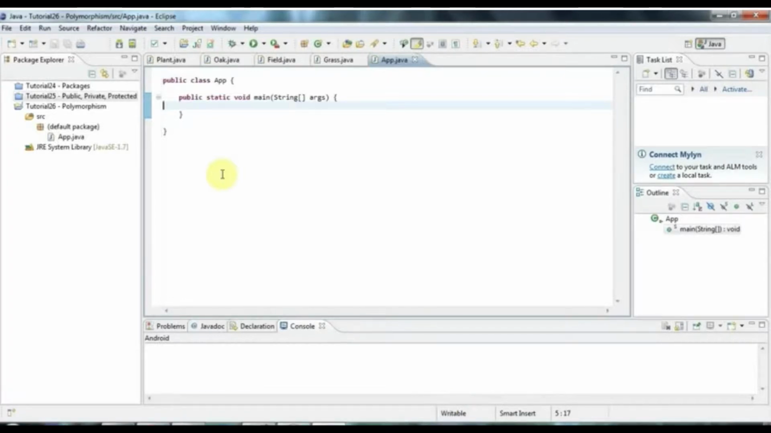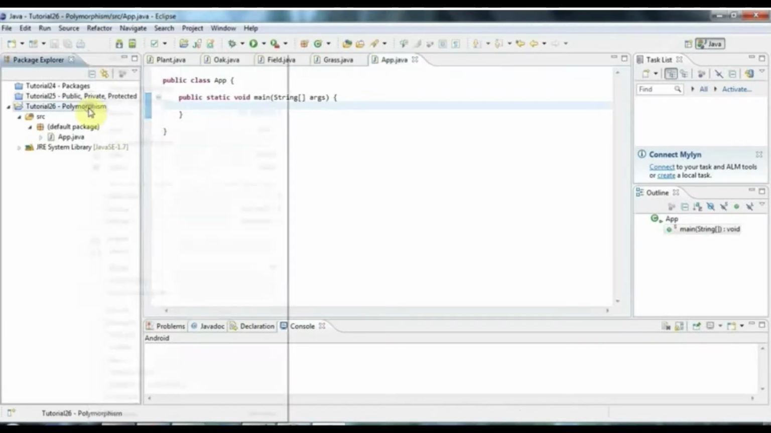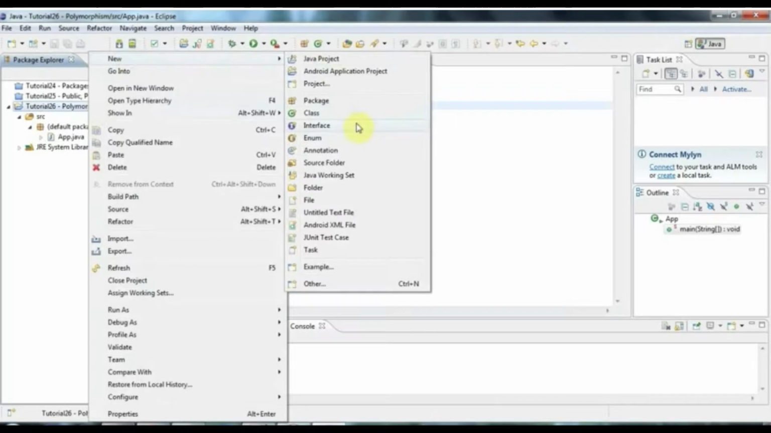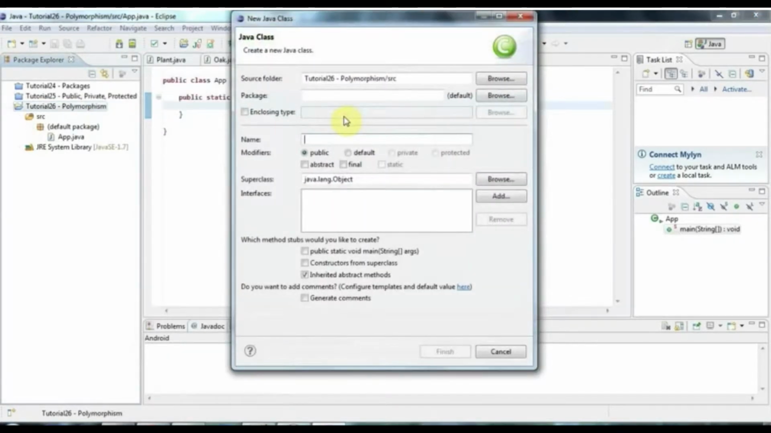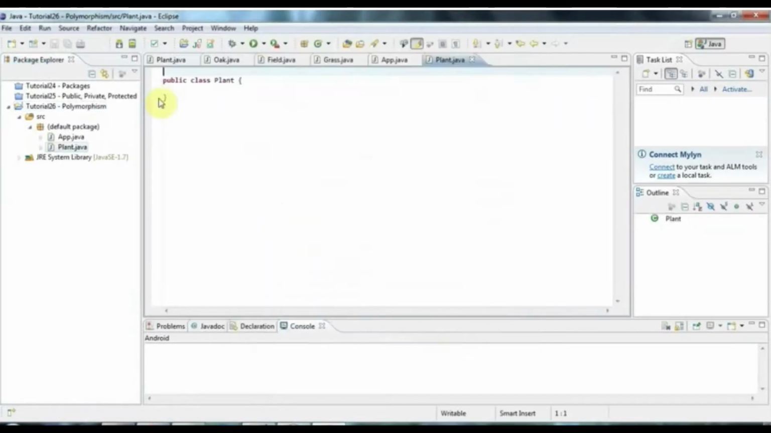So polymorphism is an object-oriented concept which has a big name meaning many shapes, which tells you absolutely nothing at all, but it's actually a pretty simple concept, and there's just one or two tiny little gotchas which we're going to look at. So let's create a new class here, and I'm going to call it plant,